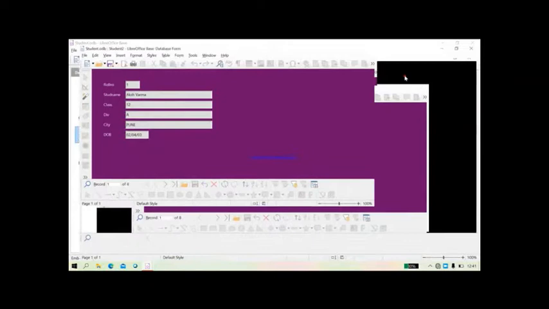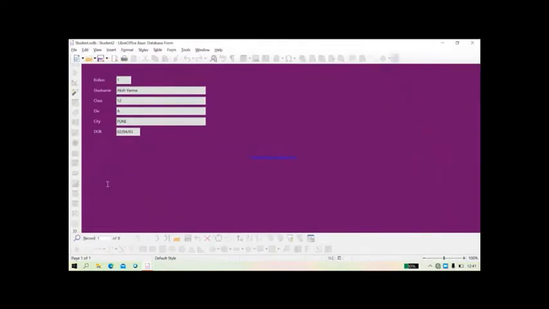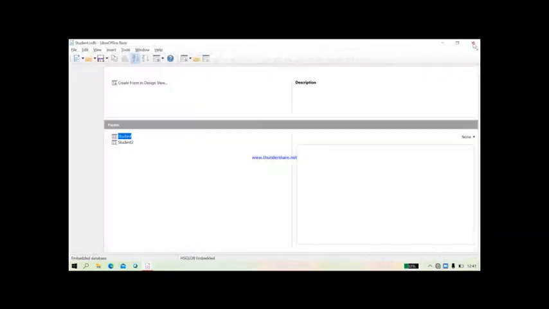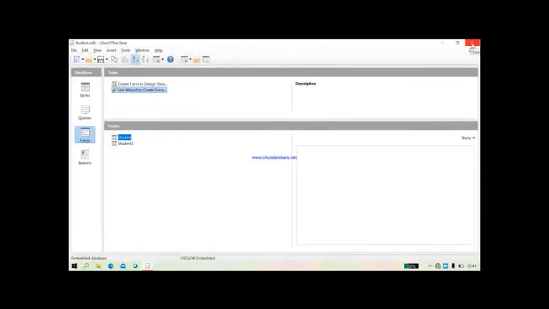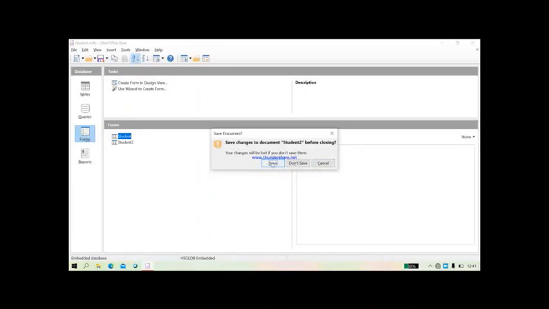So here you will get the form in this form. So this is your first record. When you click on next, second record is displayed. Third, fourth, fifth, sixth, and seventh, and eighth. So these are all the 8 records in the form. So this is your practical for creating the table, entering the records, and creating a form. Save it.